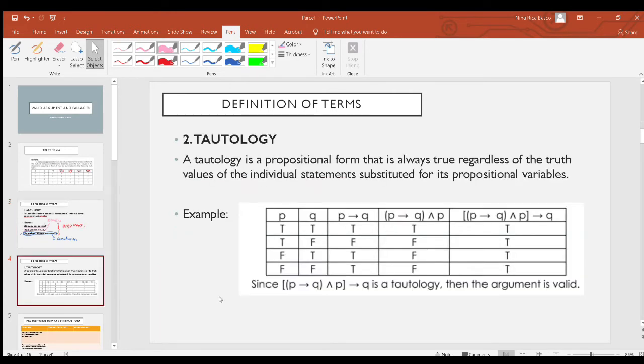Let's proceed to the next term, tautology. A tautology is a propositional form that is always true regardless of the truth values of the individual statements substituted for its propositional variables. Just remember the term always true. Tautology is always true. For example, sa truth table na to, yung pinaka-last propositional form, which is if P then Q and P,